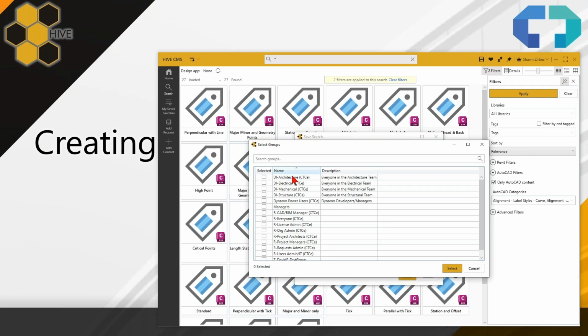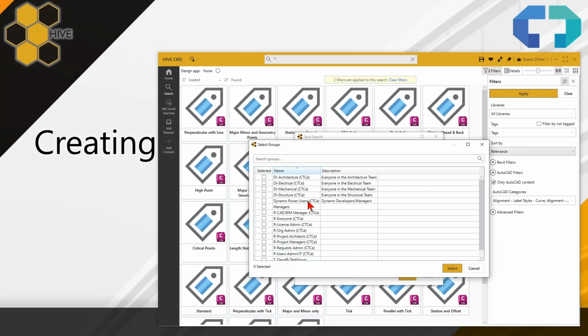So if I choose select groups here, this will list out every single one of the groups that has been defined in my portal. These are the same groups that help me control who can access what licensing in CTC's cloud shared licensing. These are the same groups that I can use to allocate access to specific libraries and control the interaction with those libraries. So these groups are incredibly powerful and can spread out and touch a lot of different things within the CTC